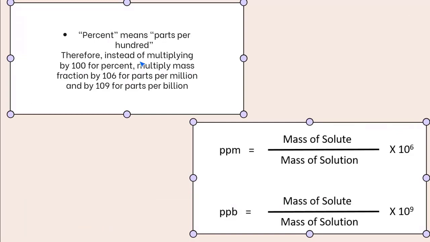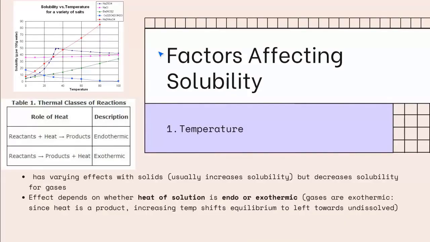So there's another quantity that is also measured. Percent means parts per 100. Therefore, instead of multiplying by 100 for percent, multiply mass fraction by 10 to the power of 6 for parts per million,